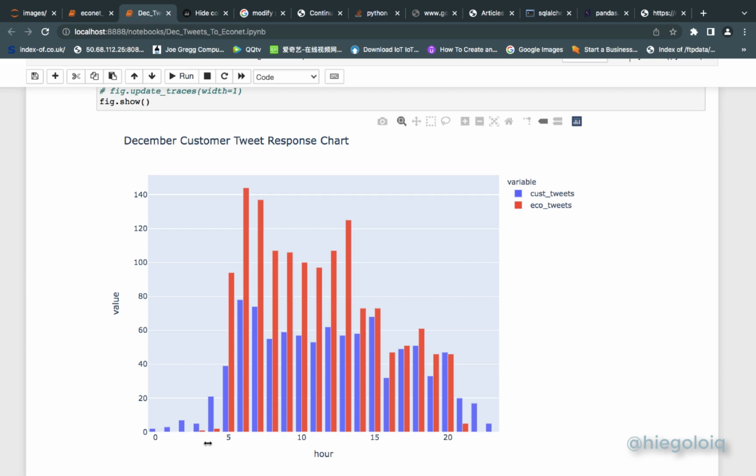So okay, we just did a quick touch view of what we could do with data that's lying freely on Twitter. Right? Anyone can get access to this data without much trouble. Well, with a little bit of trouble, of course. But if you're clever enough, if you are Econet yourself, it shouldn't be difficult to get these tweets. And you can actually build a system which is in-house, not to be posted up on public platforms. Of course, on public platforms we can do it as a hobby, like I'm doing right now,